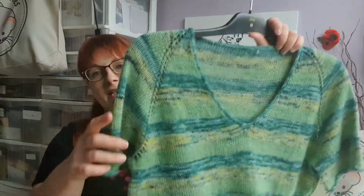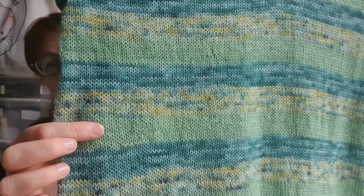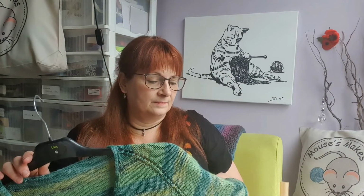Other than that, I made no alterations to the pattern, apart from the original pattern is 2 colour stripes and I've used 3. So these 2 yarns came from a shop which is now closed. This paler green yarn came from Amanda at Little Lycac, and it is, I think, Mojito. Don't know whether she's got any of it left in the shop, because I did buy it a few months ago. Really nice to knit with. And yeah, that's that. It fits,